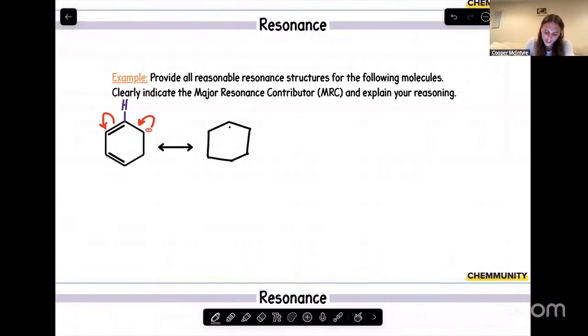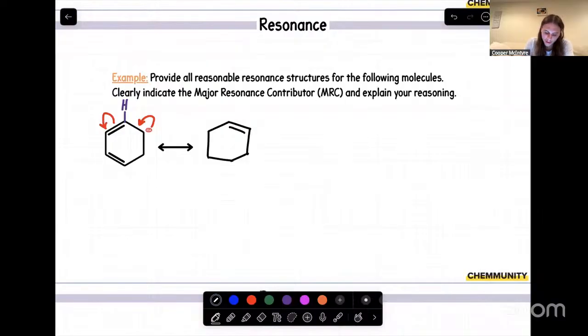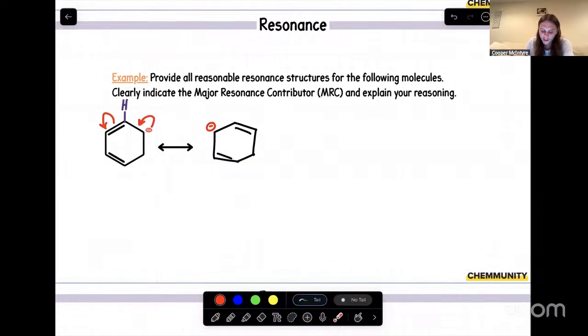So we have our new double bond right here, then we have our other double bond over here, and then we have our new lone pair, which we just kicked back up onto this oxygen. If we keep assessing the molecule, we have our lone pair, our negative charge, right here on this carbon, and again we want to see how far we can push that negative charge through the molecule. This negative charge is right next to this pi bond, and we can do exactly what we did. We can drop that lone pair down to help form a new double bond, and while we're doing that, we can push these electrons from our pi bond back up to form a lone pair.